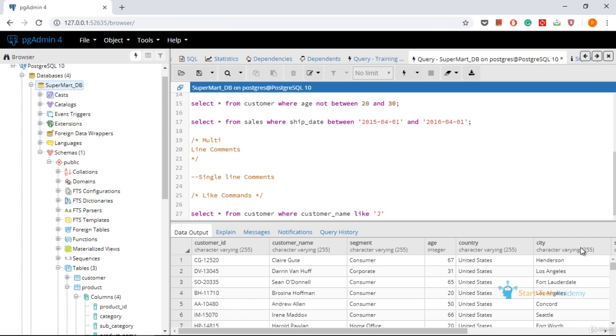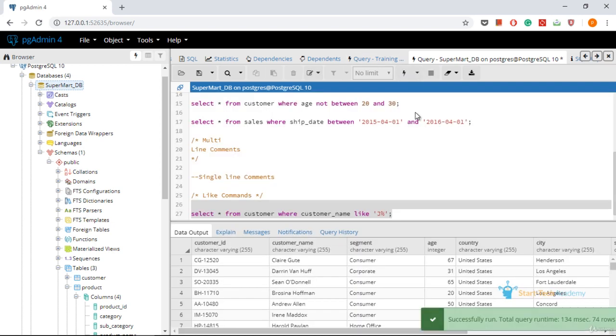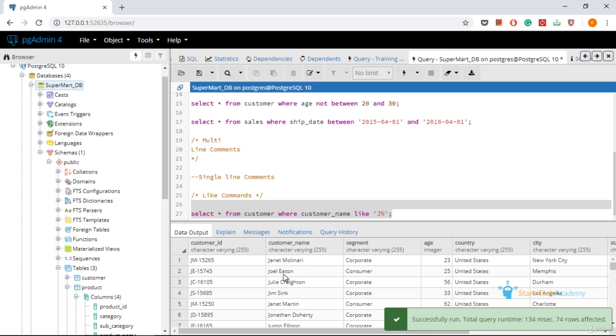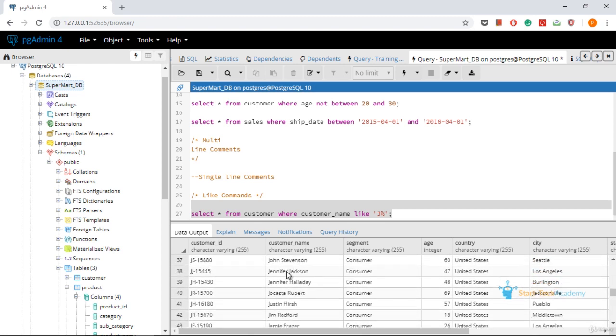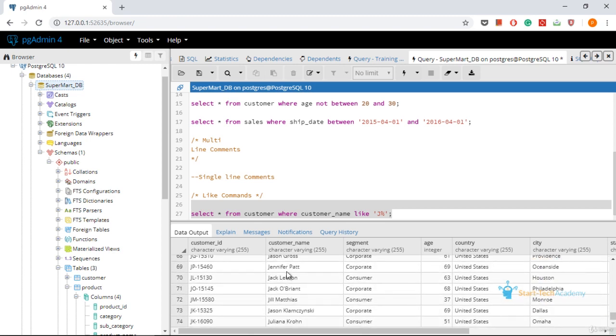So names which are starting with capital J will be selected. When I ran this query, you can see all the customers that I have now have their names starting with J, that is, capital J.